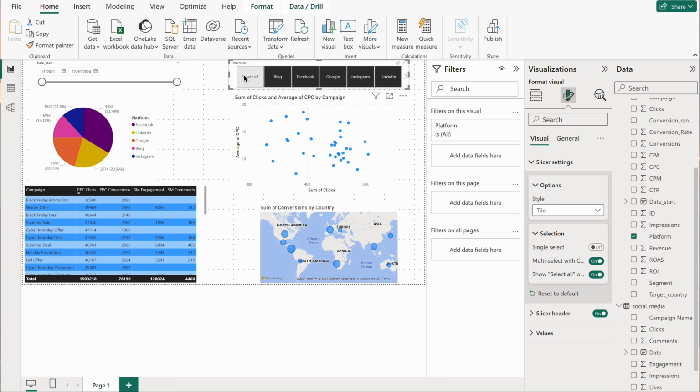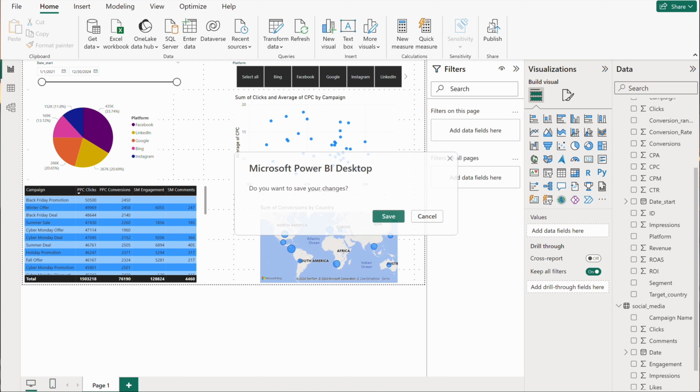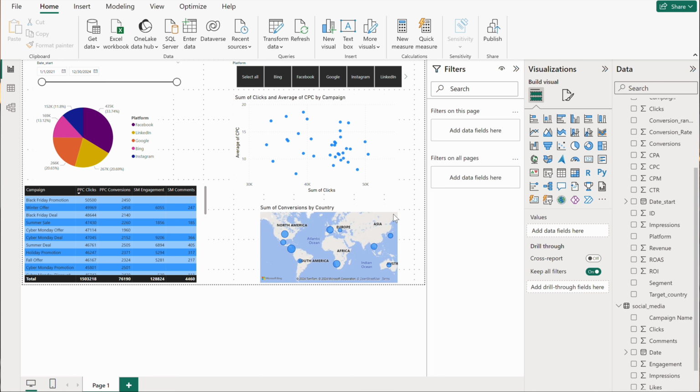Okay, I think my Power BI dashboard is good to go, so let's publish it. As a reminder, you'll need the Power BI Pro or Premium plan to do that. If you're on a free plan, you can only save it on your drive and distribute it this way with your stakeholders.